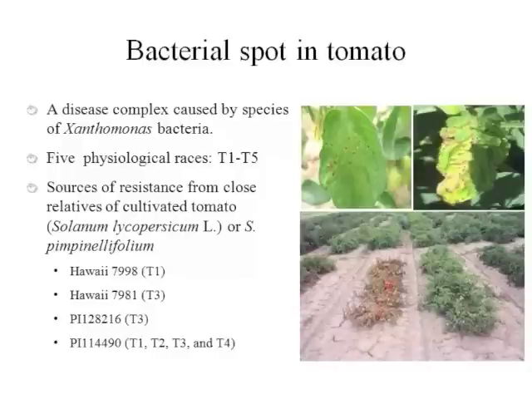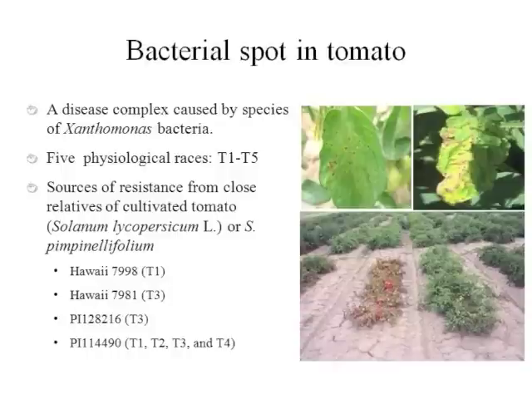Bacterial spot is a major disease in tomato. It is a disease complex caused by several Pseudomonas species. Five physiological races have been identified for this disease. There are several tomato lines showing race-specific resistance, but we need